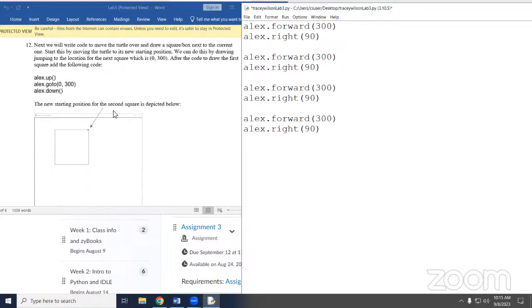So now the next thing it wants us to do is draw another box right next to this one. Right? So we need to reposition our turtle to draw the box. If we want to put a square right next to this one, we need to move to the end of this one.